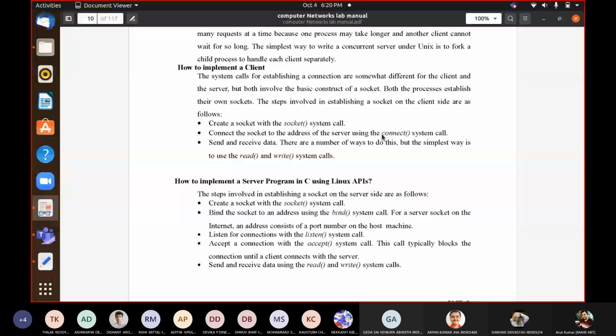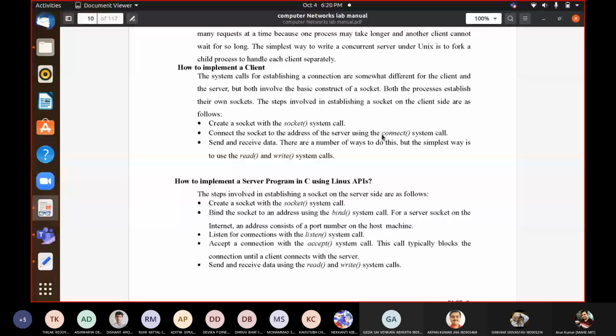We will give it its proper address, then we will connect it. Through this connect system call, we inform the server that the client is interested in it. Then the server will handle this connect request through another system call. That sequence also I will let you go through.